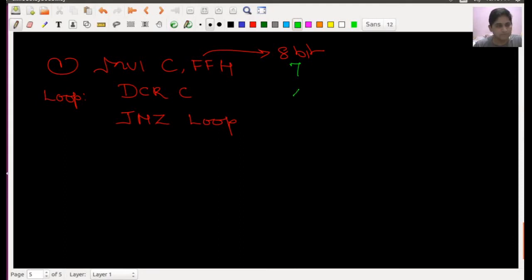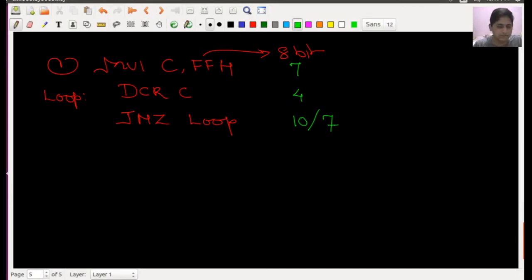it is 4. Okay, this instruction will take 10 T states if the condition is satisfied. It is saying that you have to decrement the count value C, and check the value of this count value C until it becomes 0. So if the condition is satisfied, then it will take a total of 10 T states. If the condition is not satisfied, obviously it will come out of the loop. So here in this case it will take 10 T states.